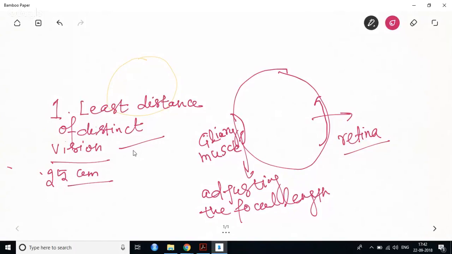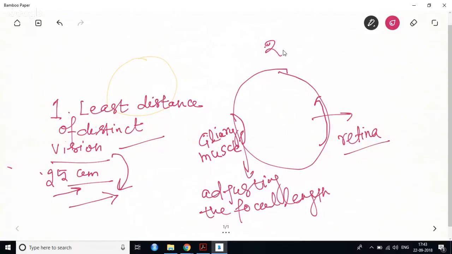What do I mean by strain to eyes? Beyond 25 centimeter or below 25 centimeter, you have to squeeze your eyes to see something. Now if you have any eye defect, this least distance of vision gets changed. In a few of them this will change to 50 centimeter, 100 centimeter, depending on the type of defect that is there in your eye. So I'll cover questions depending on change in least distance.